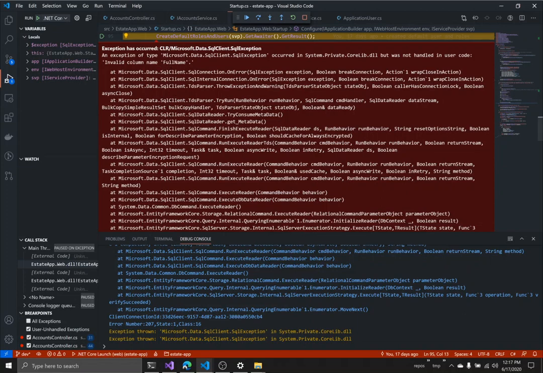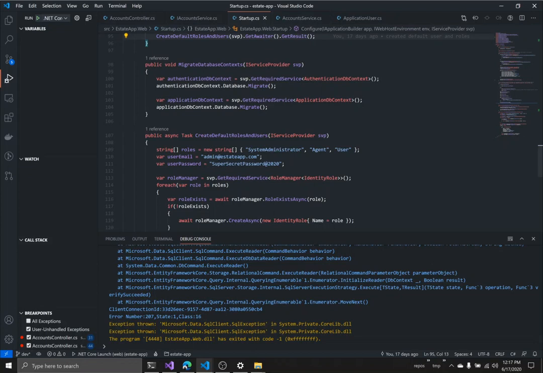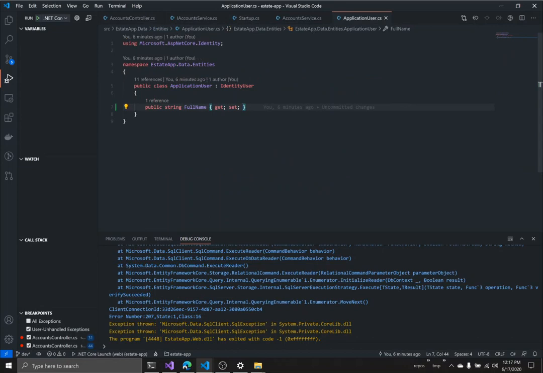Okay, invalid column name, full name. So it's saying, hey, I'm trying to create a new user, but I can't find this full name anywhere, and I'll show you why we're having this issue. You will probably have the same issue. So what we did is we added a new property full name, but let's go to our database and